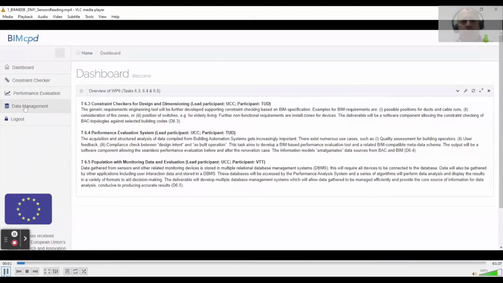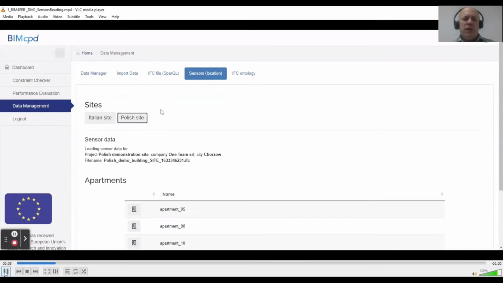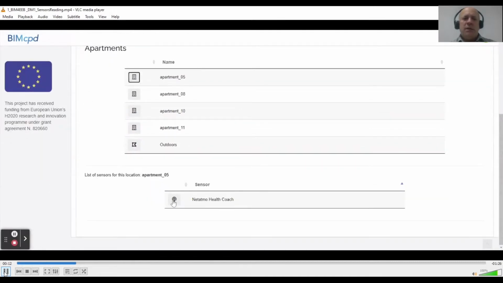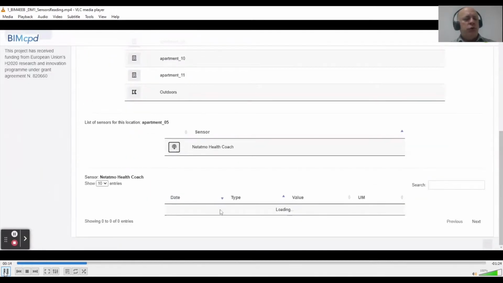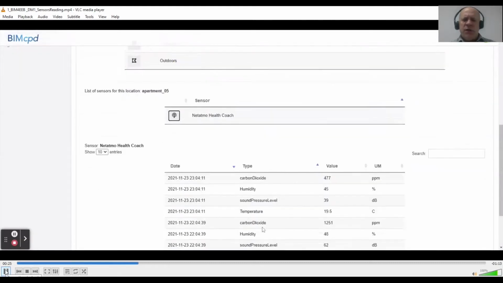Well, this is part of the project where we deal with sensors data. We have 2 sites now in the system. You can choose the site, choose the building, or choose the group of apartments you're dealing with. Then it shows the sensors. You click on the sensors, and then it loads the data from the sensors for the last 48 hours, 72